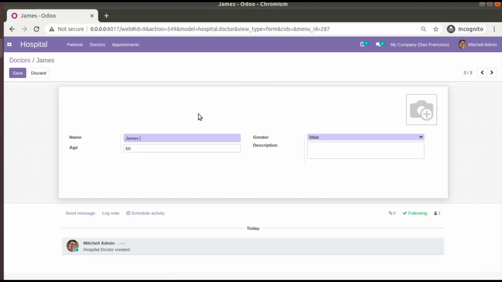You might get some requirement like this. Once you duplicate a record, you might have to add "copy" along with the name to identify that it is a copy, and the user can change the name as per the need. Right now we have manually added it here, so let's see how we can do it from the code.